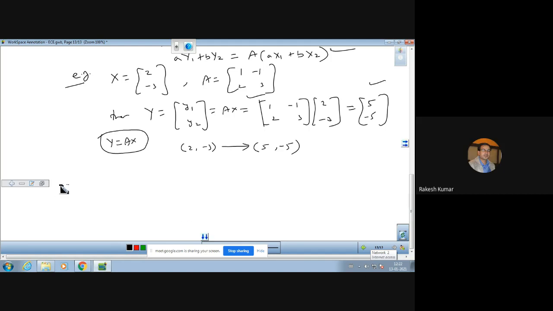So this is the meaning of a linear transformation. Now after linear transformation, we have orthogonal transformation. The linear transformation